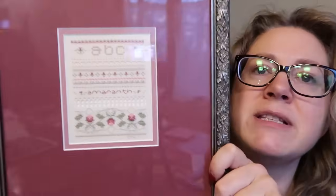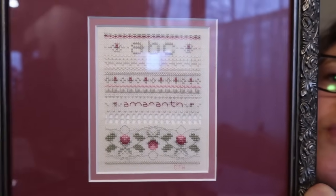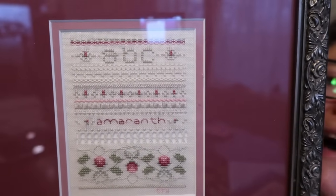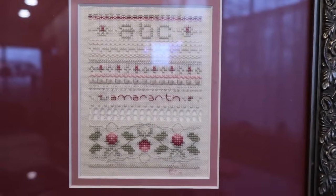This is, oh, I love this piece. This is a shepherd's bush. It's a series of flowers that are pulled threads, and it's the amaranth one. I think there are 3 or 4. So shepherd's bush. This was a class that I took many years ago from my local needlework shop,